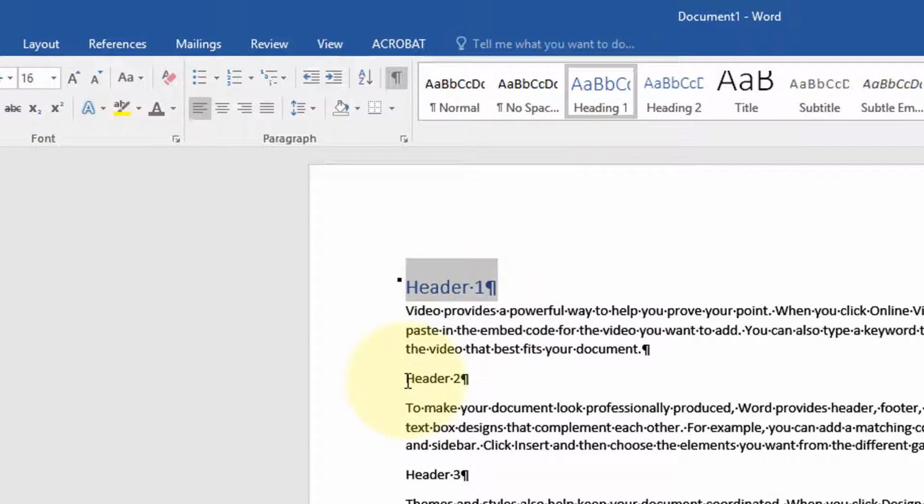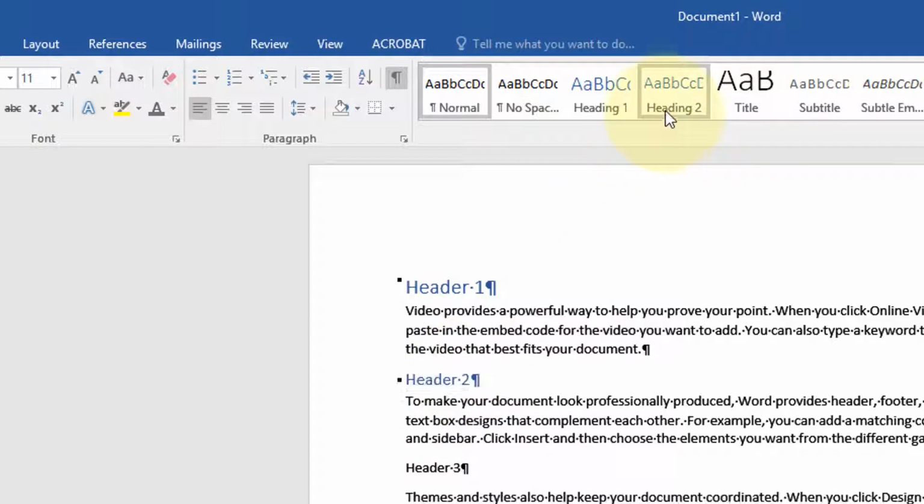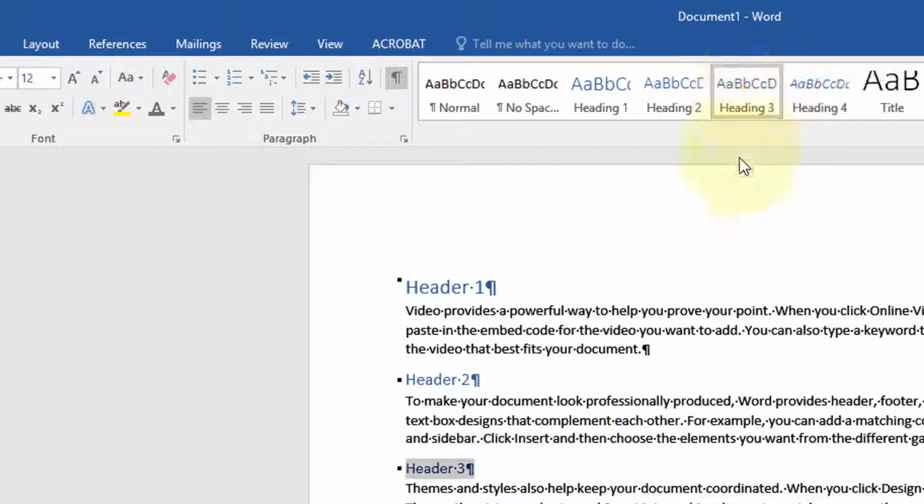If you want heading 2 to be a subheading under heading 1, you can make that heading 2, and you could do heading 3 and so on. As you can see, it changes up here. And let's go ahead and make this one heading 3,